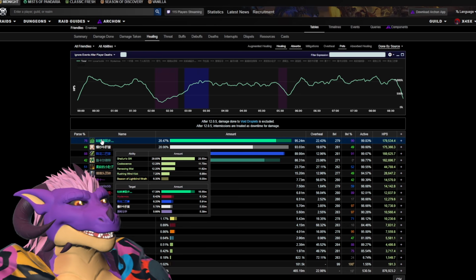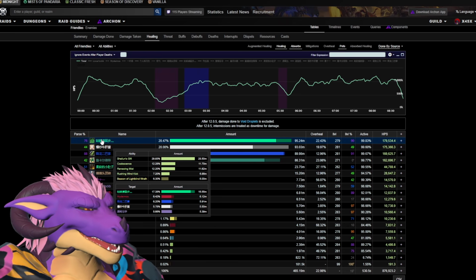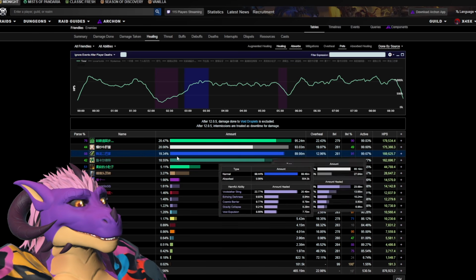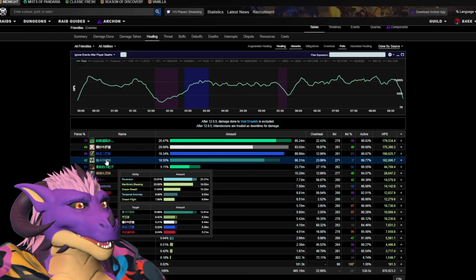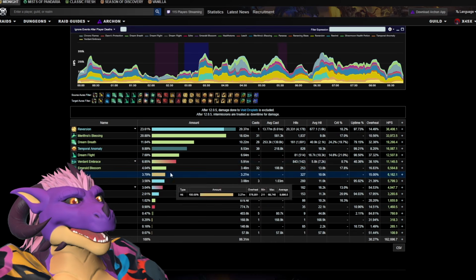And yeah, some of that skewing is Mistweaver, who rot heals in the background, so they might be sniping some of the heals on players, and that's totally fine. This is a good parse, so we can use this both for Mistweaver and for Preservation, and we can better understand how they did their healing.